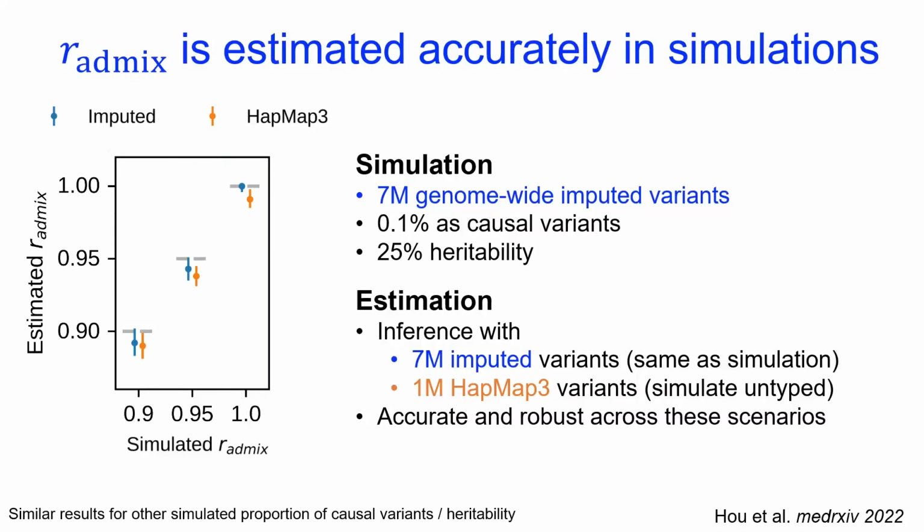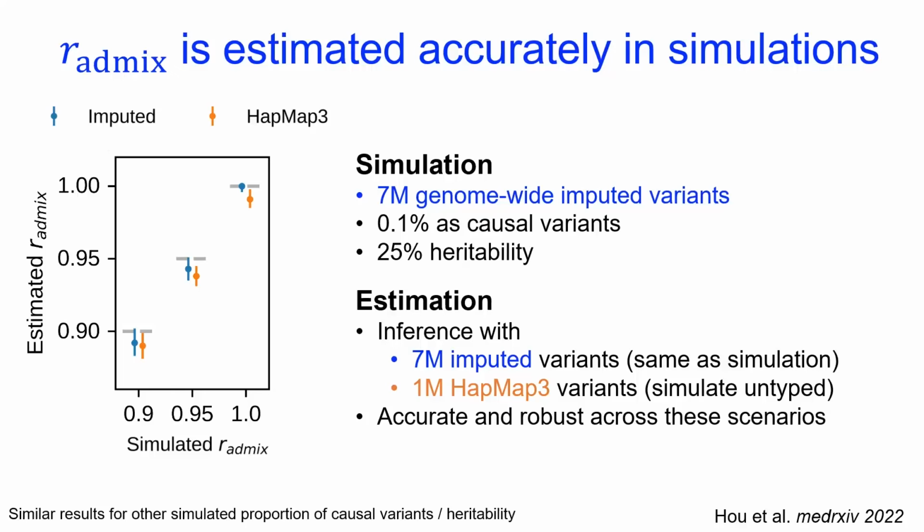So as with all mathematical models, first we run a lot of simulations, and I'll guide you to the preprint that's listed there to see all the simulations that we've done, but they are encapsulated in this figure on the left side. Pretty much, we observe that this method correctly recovers the genetic correlation, albeit is downward biased, mainly because if we mask all the true causals and we try to use the tagging. And the downward bias is small, but it's consistently downward and not upward.